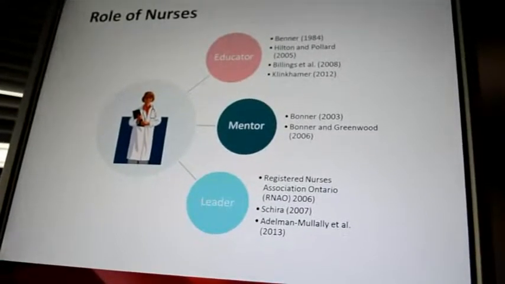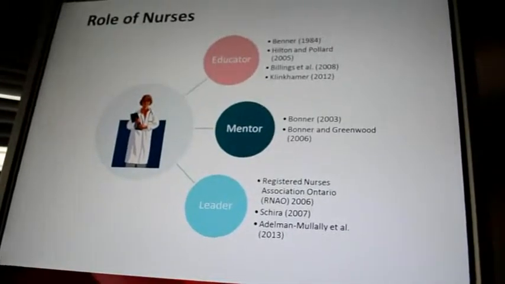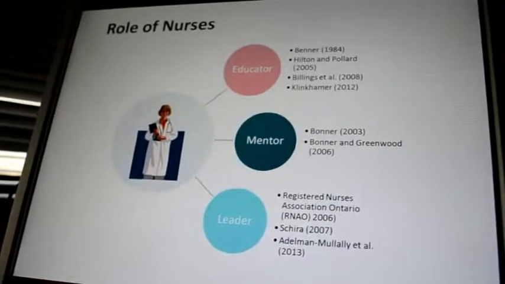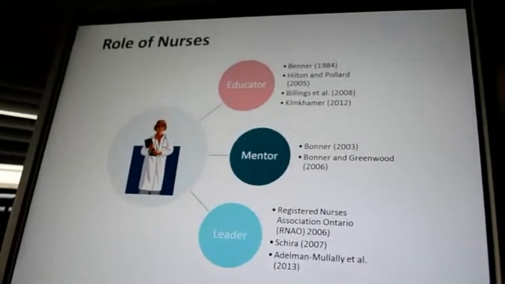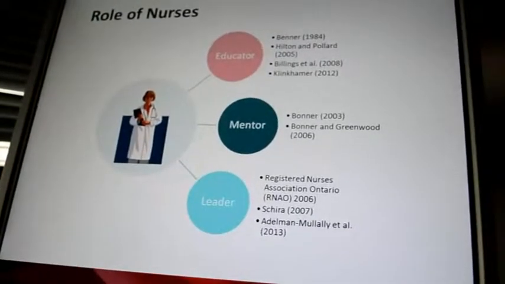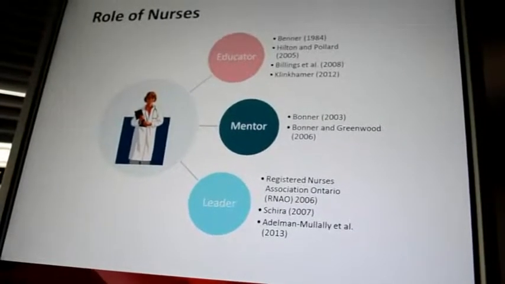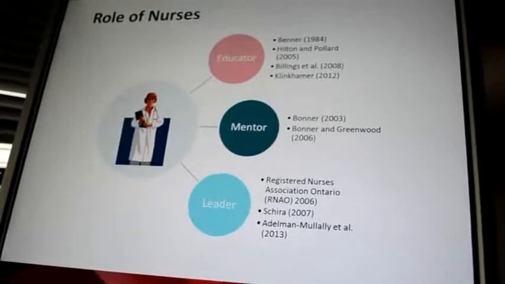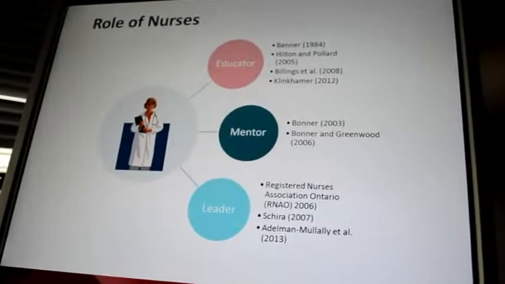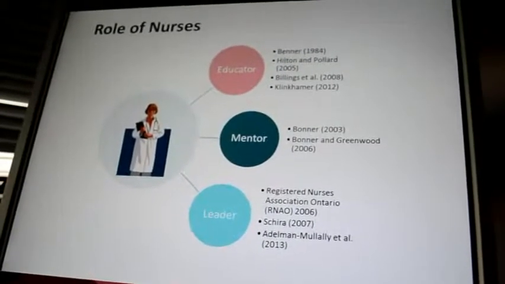Bonner and Greenwood 2006 conducted a grounded theory study on the acquisition and exercise of nephrology nursing expertise and revealed a 3-stage skills process that was identified as non-expert, experienced non-expert and expert stages. This study is relevant because it was the first study conducted to explore nephrology nursing expertise and uncovered new aspects of expertise not documented in the literature. In particular, personal attributes are required to transit from one stage to the next and are important characteristics needed for